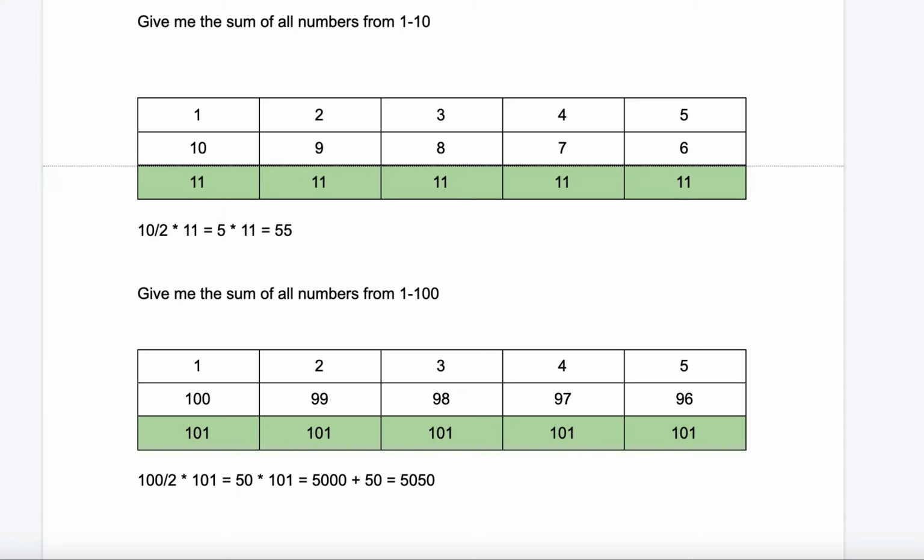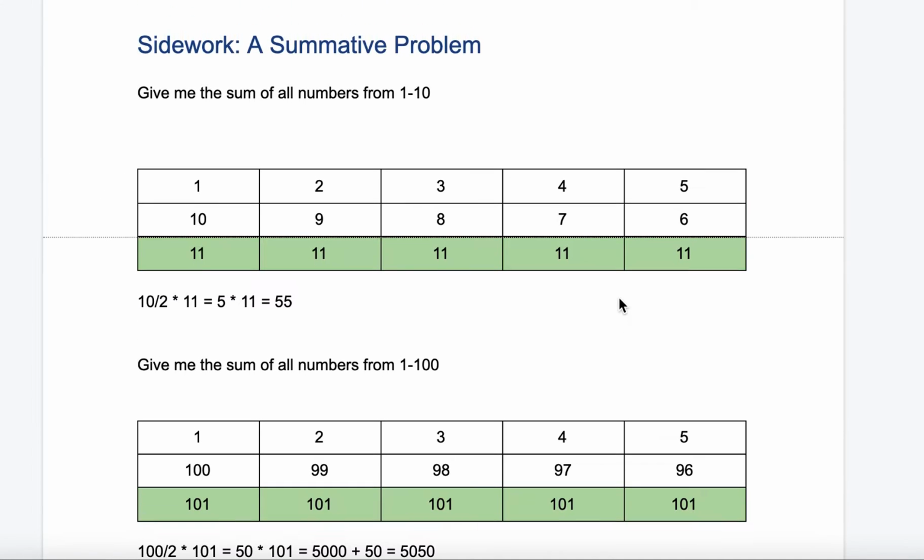A famous problem. This is a story that's told about Carl Friedrich Gauss, who was one of the greatest mathematicians who ever lived. So the story goes that his teacher, wanting to take some kind of break or do something, gave the students some busy work. And the busy work was, you need to add up all the numbers from 1 to 100. And so as he gives this problem, he's getting ready to go out to do something, and